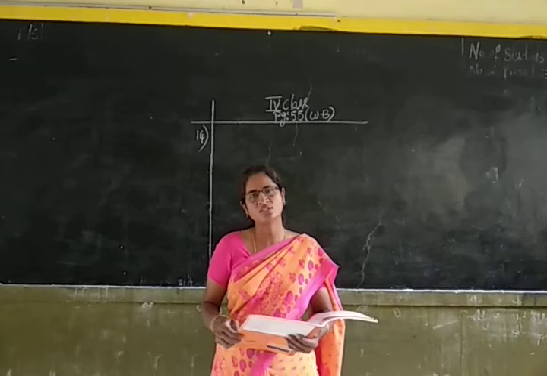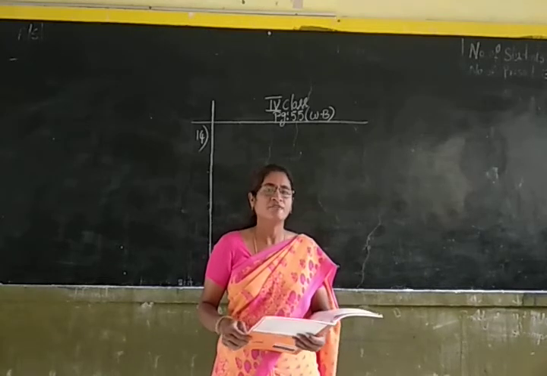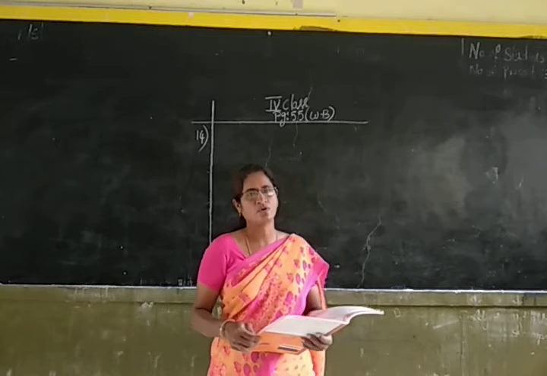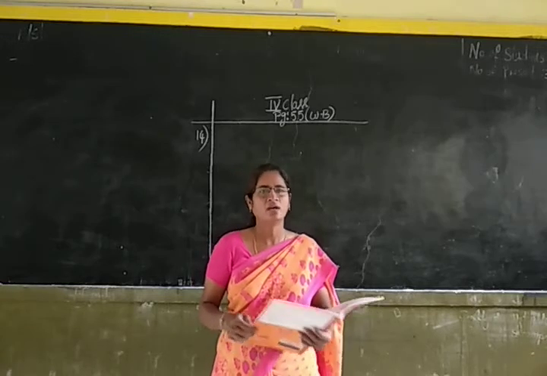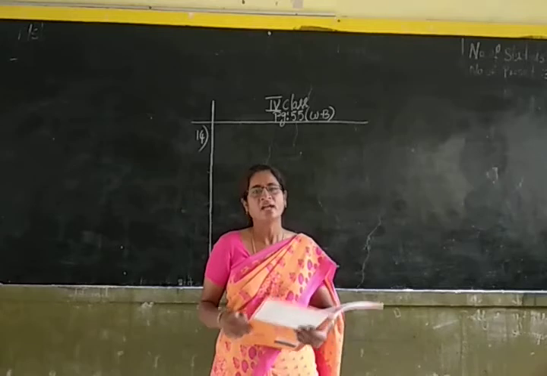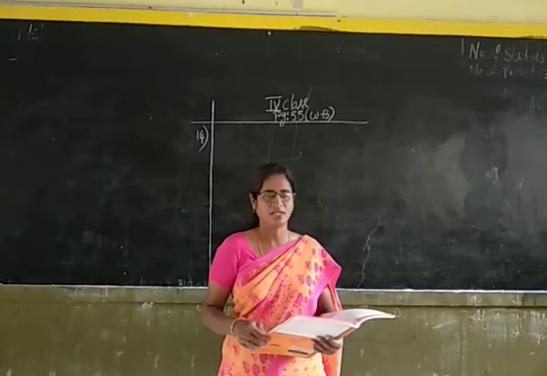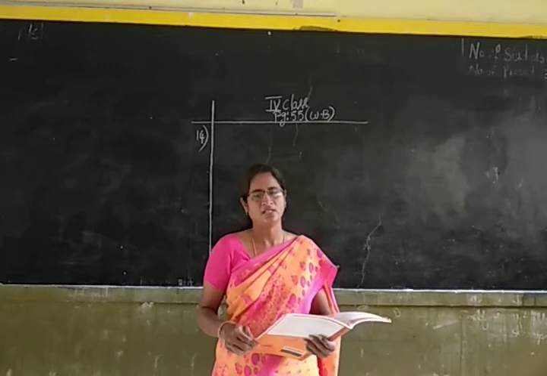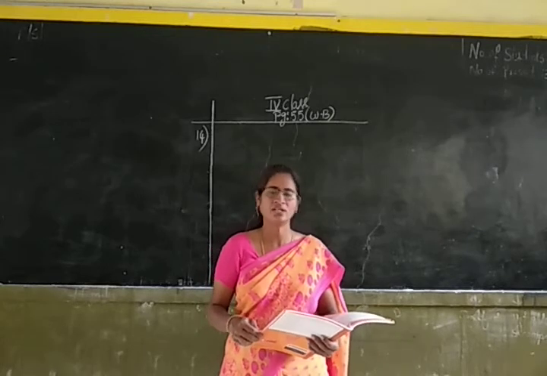So, in the tank how much water is there? There are 1500 liters of water. And 12 liters of water is flowing out from the tank in 1 minute. Now we have to find out the time at which the tank gets empty. Here we have to use the operation division.